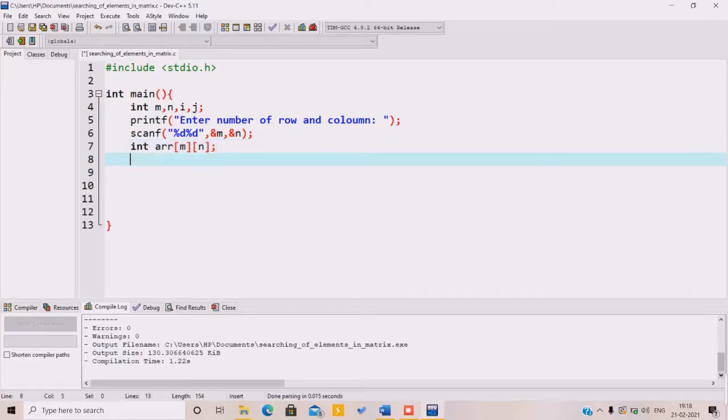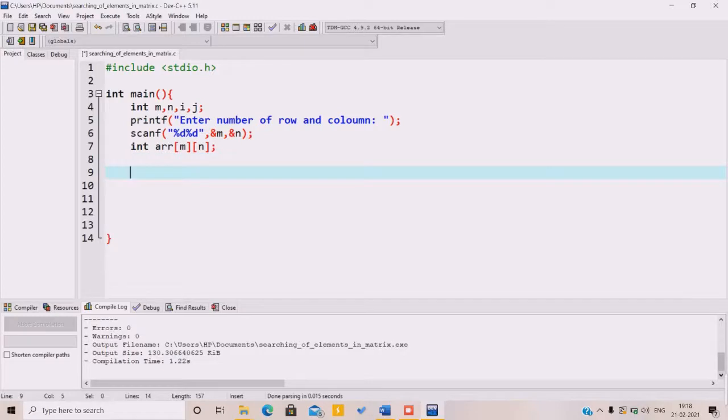And then what we do is take input from the user for each and every element of the array. So for this we have to indicate to the user.